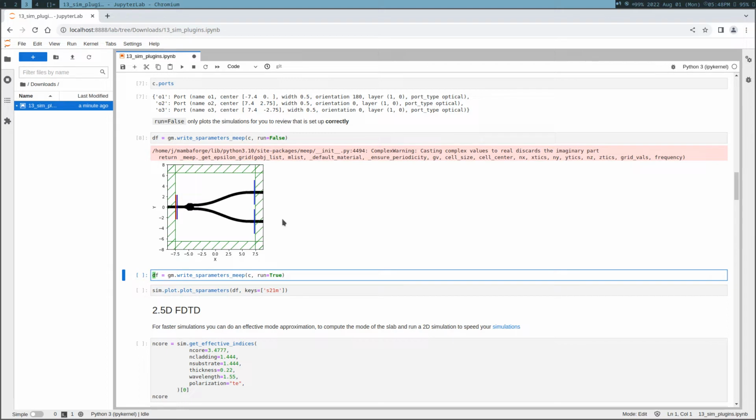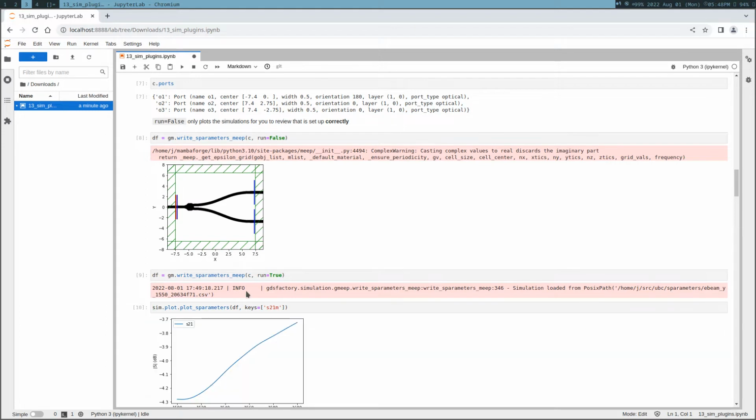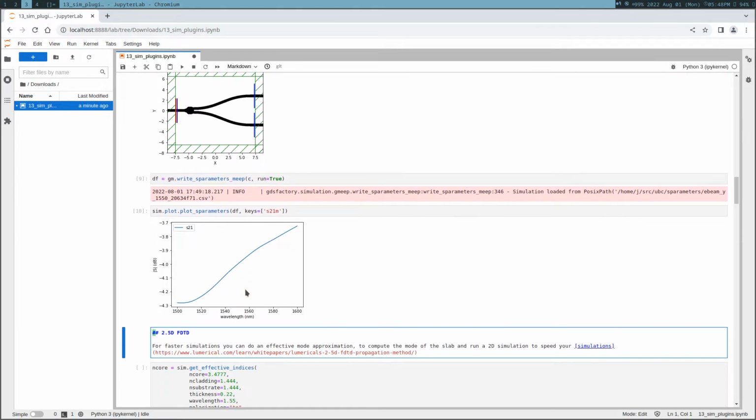It's going to be very fast because we're using a file cache, which means that the simulation has already run before, so it's going to grab the simulation results from the file. You can see here it's loaded from a path, and you can plot them. It's roughly a 50% power splitter, so we get roughly 50% of the power at 1550. It loses an extra dB,